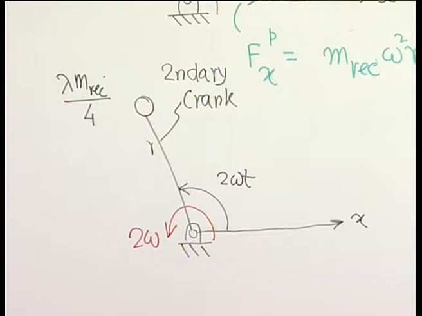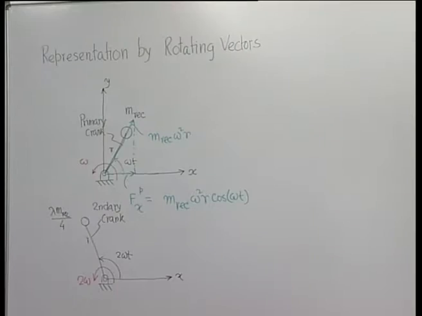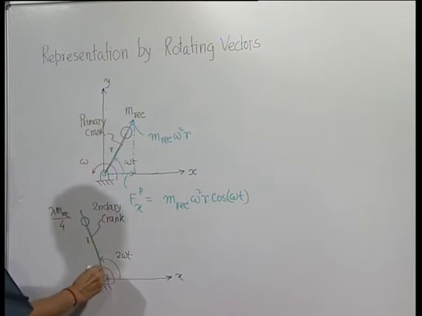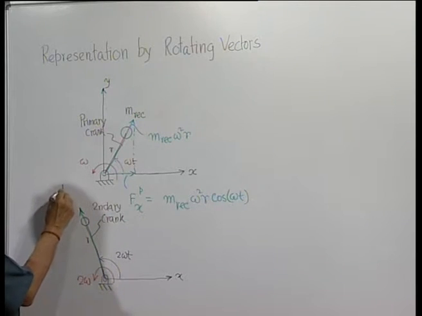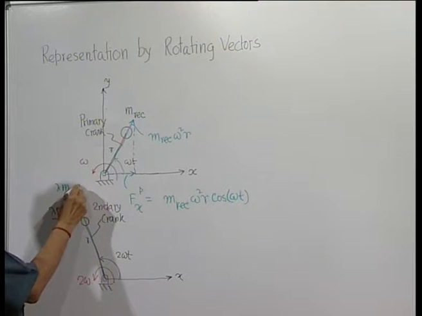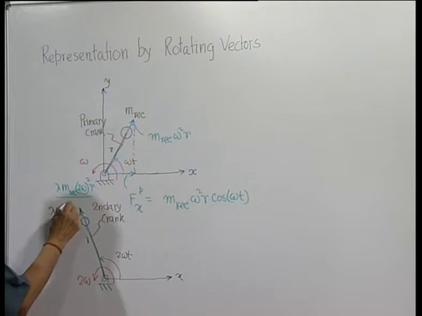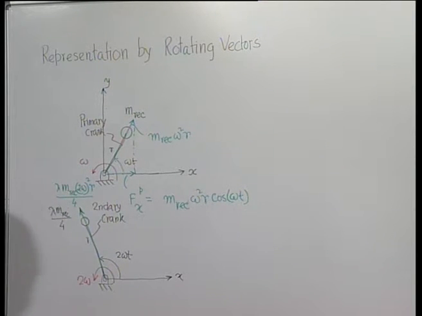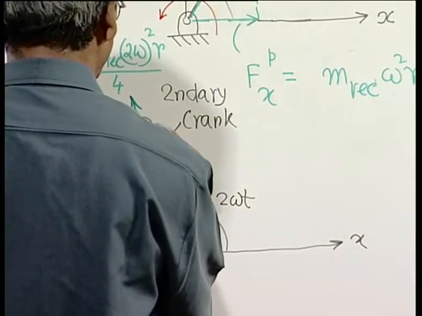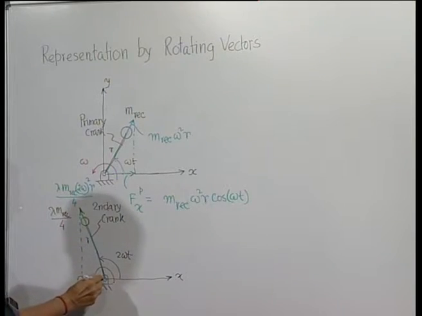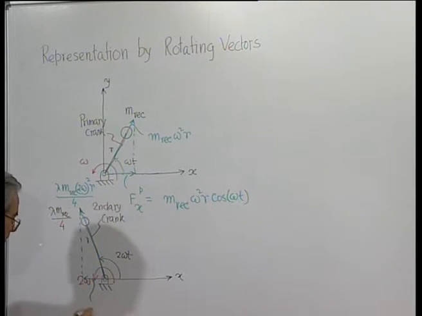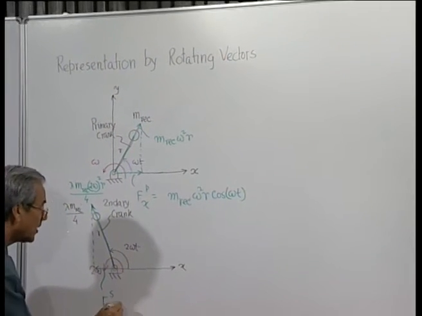The force which is produced by this rotating mass in this case is again a centrifugal force or unbalanced inertia force, and that magnitude is lambda m reciprocating 2 omega square r by 4, and its component along the x direction, which we may call the secondary unbalanced force, will be equal to